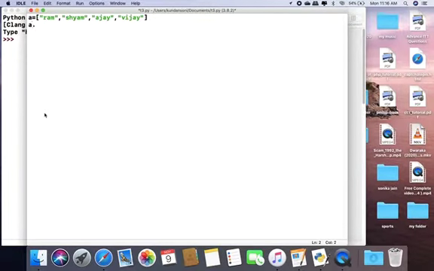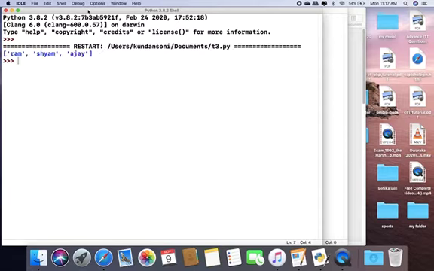Now I use A dot pop. Now I print the list again. So A is my list. I save the program and run it. Now you can see that our last element Vijay is removed from the list. So pop is always used to remove the last element of the list.